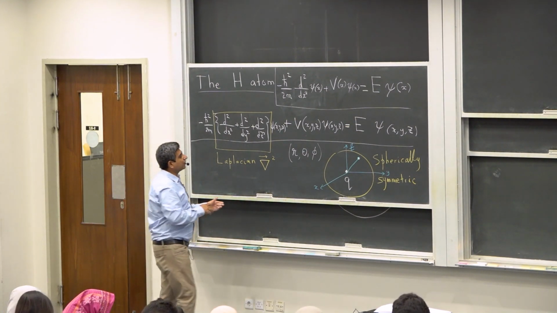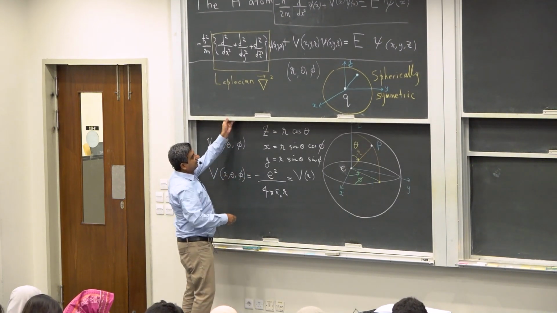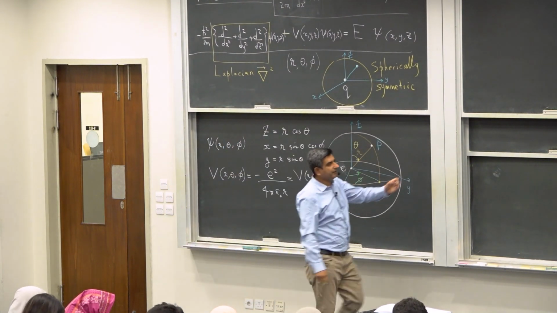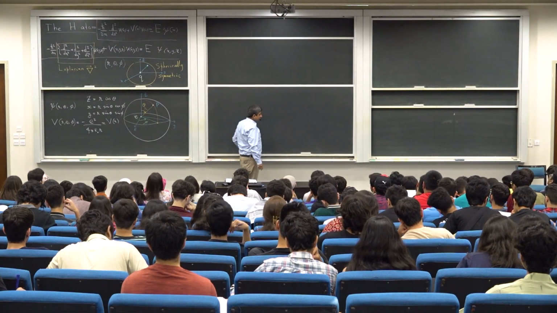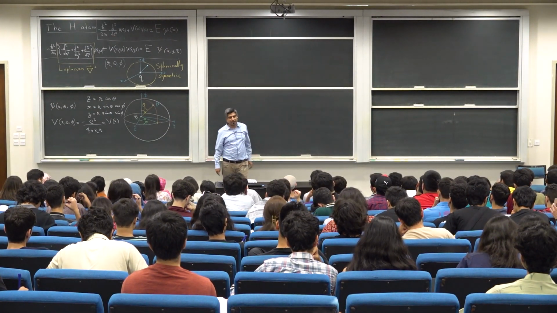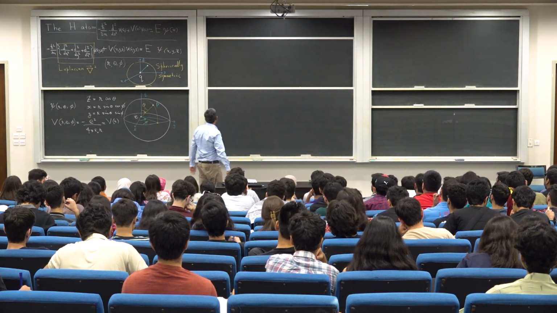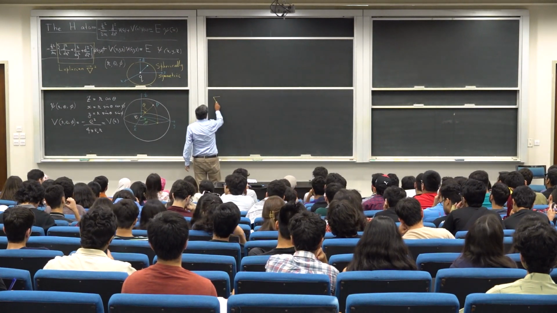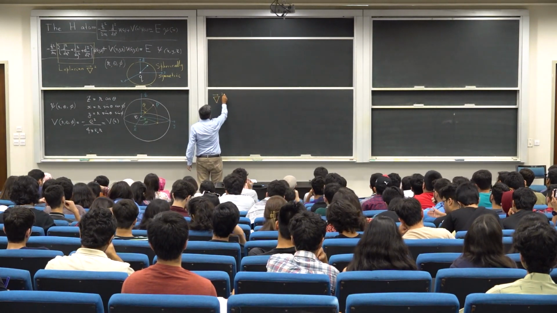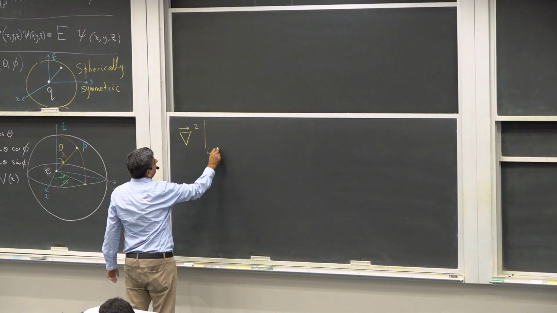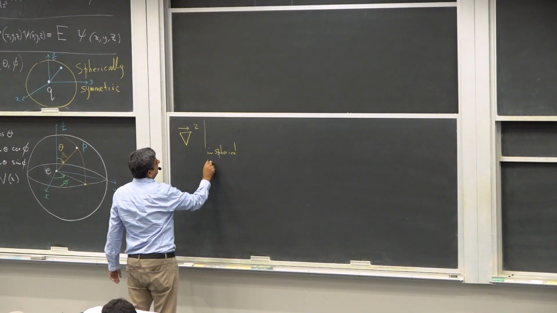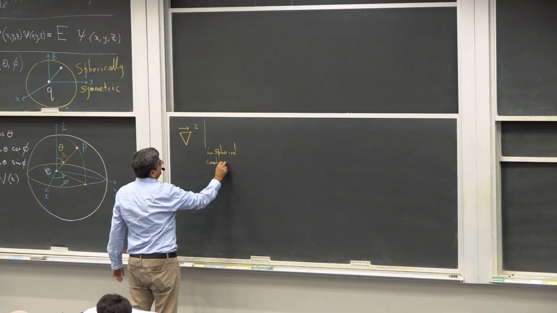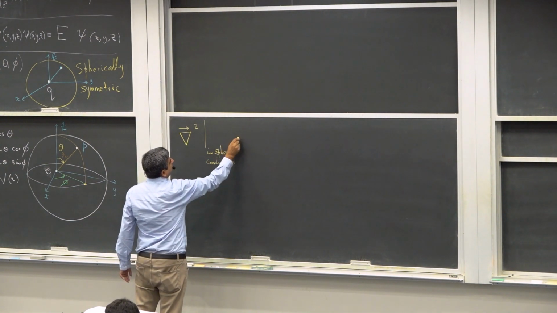So in the spherical coordinates, this Laplacian is written in the following fashion, and you learn about this in your calculus 2 course. I cannot derive it in modern physics. So this Laplacian operator in spherical coordinates looks like this: